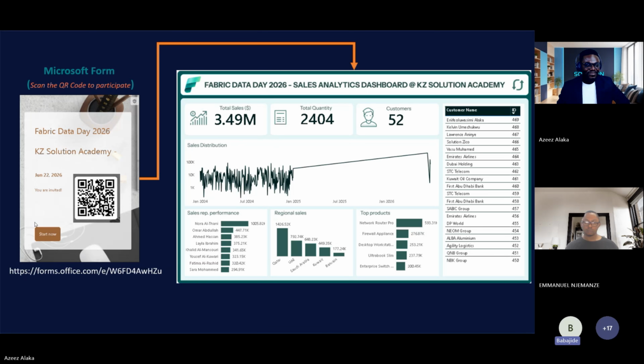I've been used to data analysis, but for some years now I've been away from data due to where I'm working. So I see the opportunity to go back and upgrade myself again, especially in Power BI, SQL, and of course Microsoft Fabric that you have right now. Thank you very much, KZ. You have always been a plus in my life. Thank you very much for this opportunity.